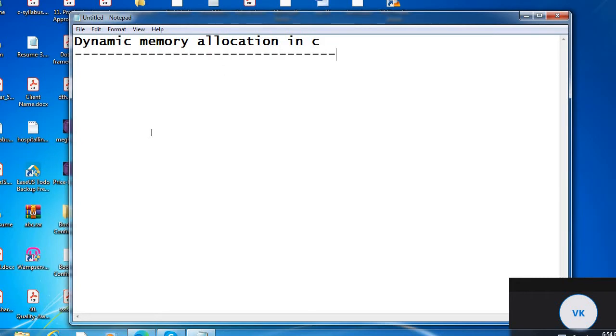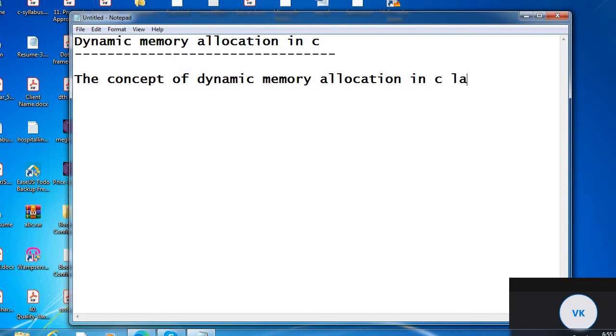So the concept of dynamic memory allocation in C language enables the C programmer to allocate memory at runtime. The concept of dynamic memory allocation in C language is possible by 4 functions.